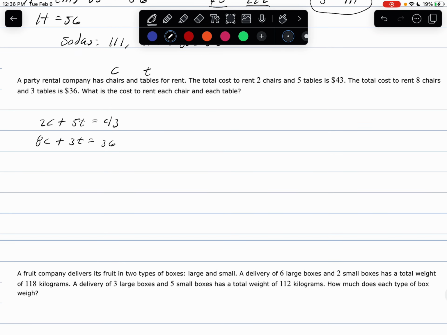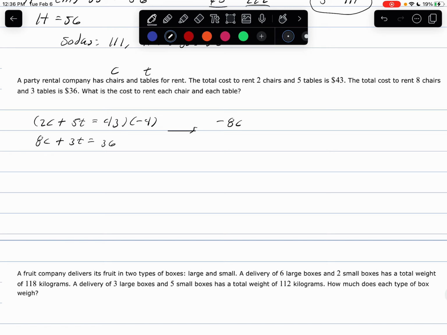Okay, so now let's see what we can do here. So now we have 2C plus 5T equals 43, and 8C plus 3T equals 36. And now we can try to solve this by a number of methods, but I'm thinking probably multiplication and then addition or subtraction is the way we want to go here. So if we were to multiply this top equation by -4, this system would become